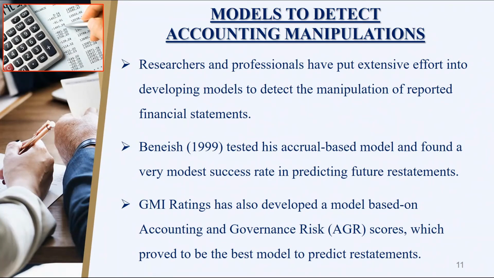The sixth topic of this lecture relates to models normally used to detect accounting manipulations. Therefore, in this regard, several researchers have developed models that use abnormal accruals to predict financial restatements. One widely used model was developed by Dechow, Sloan, and Sweeney in 1995, based on a modification of Jones's work